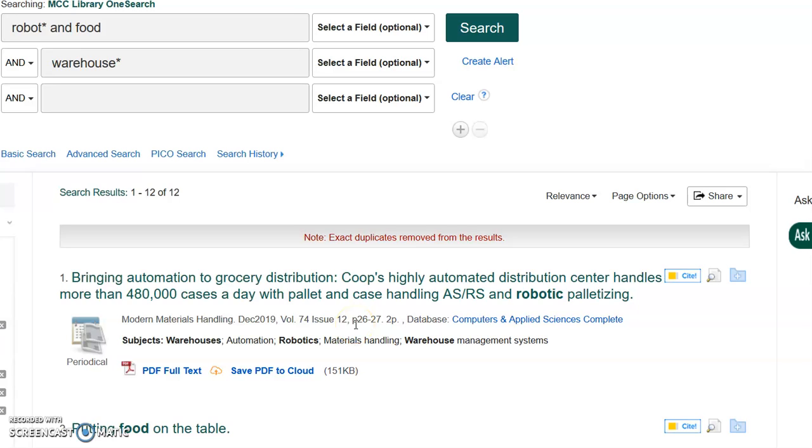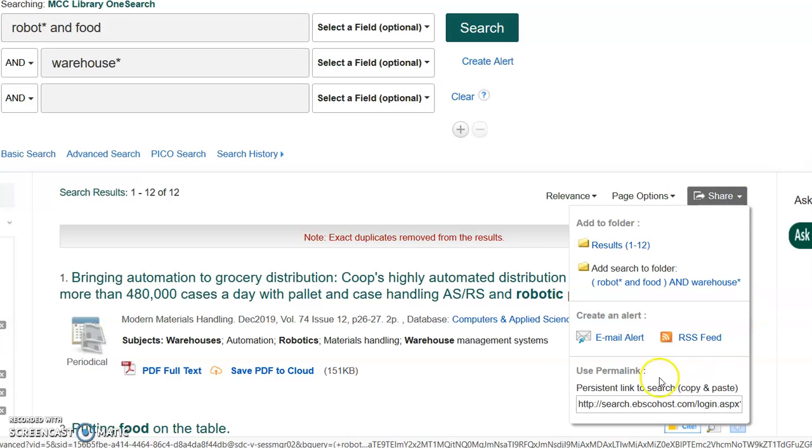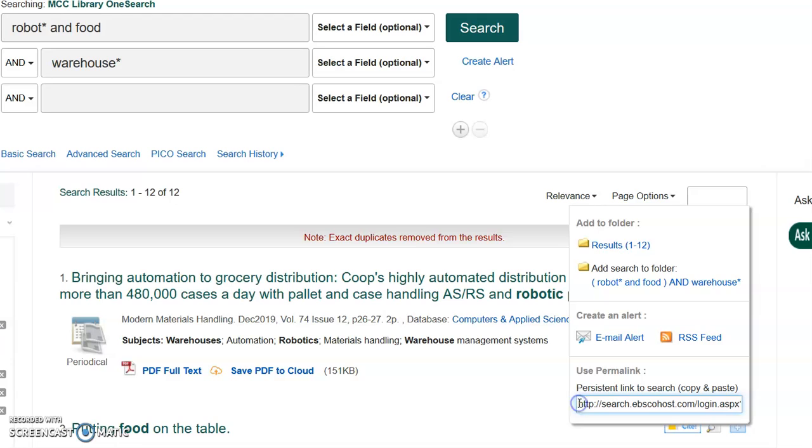And then, whoops, a reminder goes off on your phone. It's time to go to class or to work, or somebody else needs to use the computer, or whatever reason you have to stop what you're doing, but you don't want to lose this set of articles that you want to read. So you click on this share button. It brings up the permalink or persistent link to this search. Select the entire